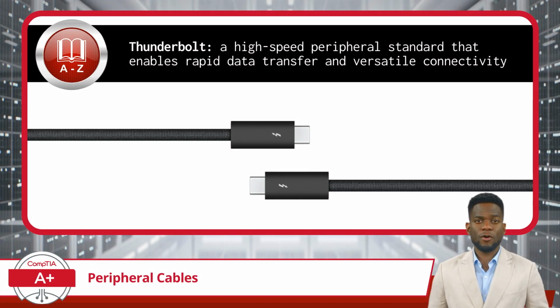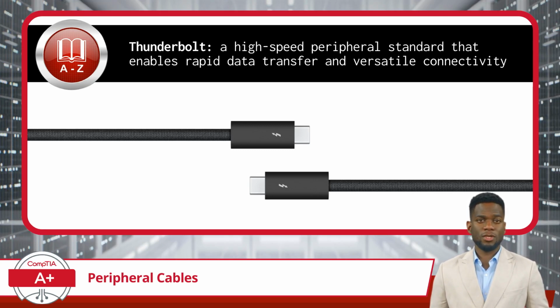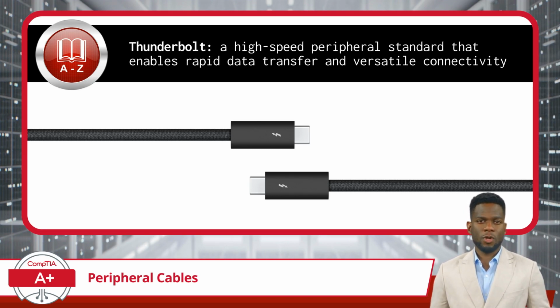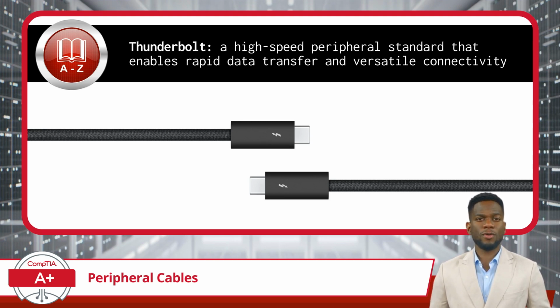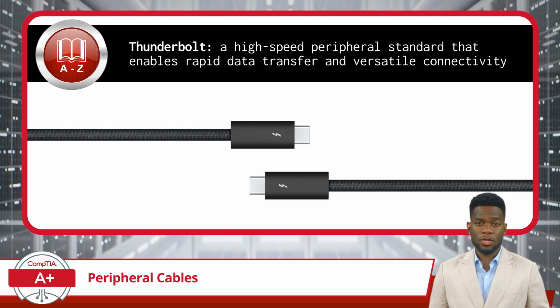Now, let's shift our focus to another remarkable peripheral cable technology, Thunderbolt. Thunderbolt is a high-speed peripheral standard that enables rapid data transfer and versatile connectivity. This cable standard was developed by Intel in collaboration with Apple. Probably why you will find at least one of these interfaces on any new Apple laptop, or more likely, any laptop period these days. It enables blazing fast data transfer rates and supports a wide array of peripherals, including displays